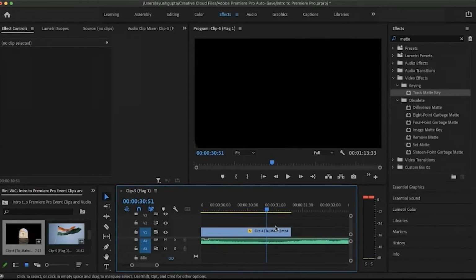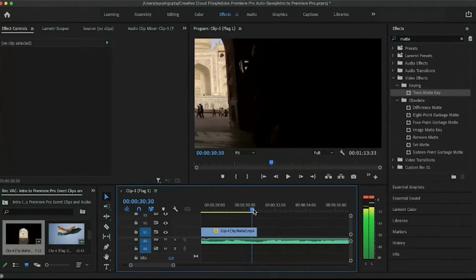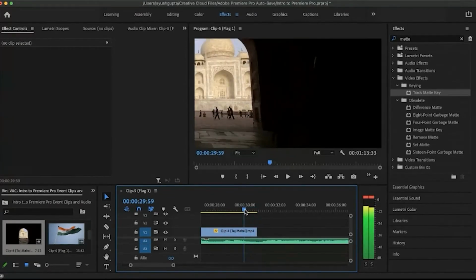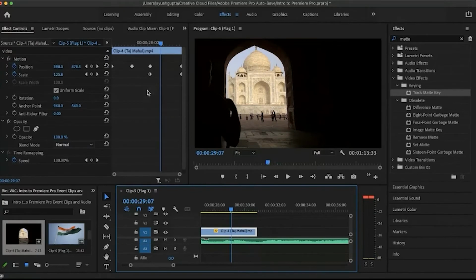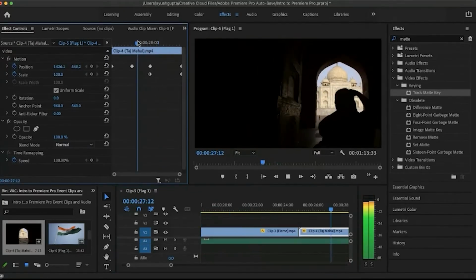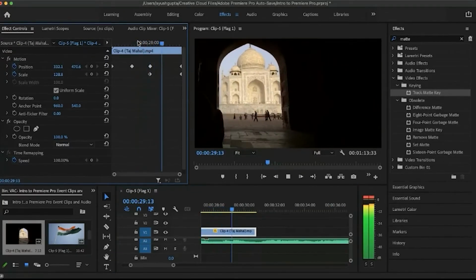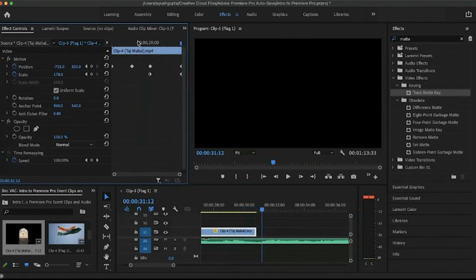For that, we have to zoom a bit. We'll cut it around here and we'll delete the rest as we did in other clips. Yeah, so this transition works better now.